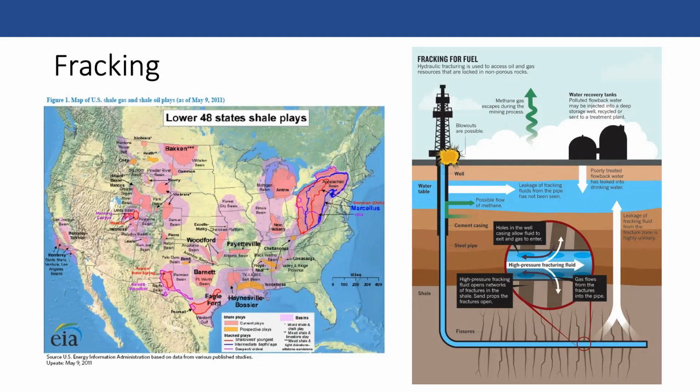And then one of the other side effects of this is that in Oklahoma, for example, in the Woodford Shale, they weren't doing a good job with replacing the water with material, and they ended up getting, I don't remember the exact number, but hundreds of minor earthquakes as a result of essentially doing the fracking. So that's also one thing to keep in mind, is that you can cause some earthquakes.